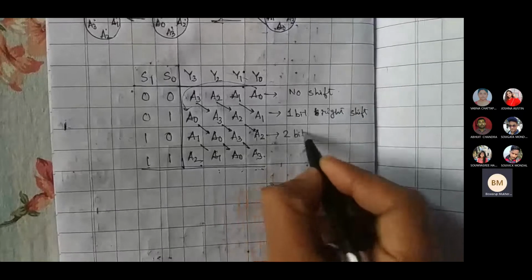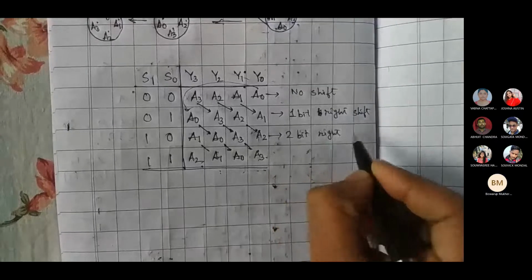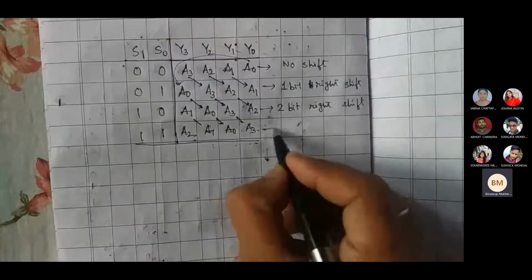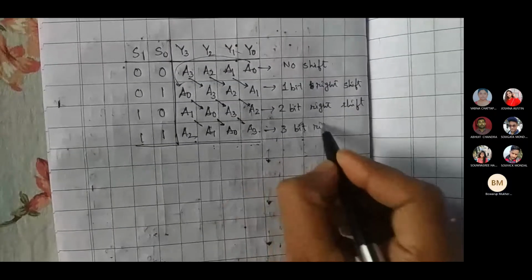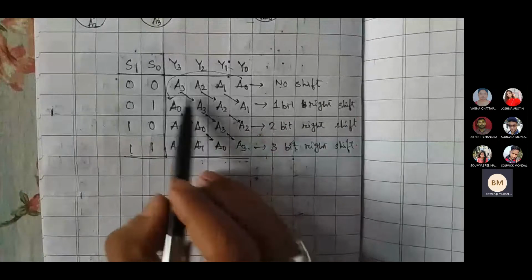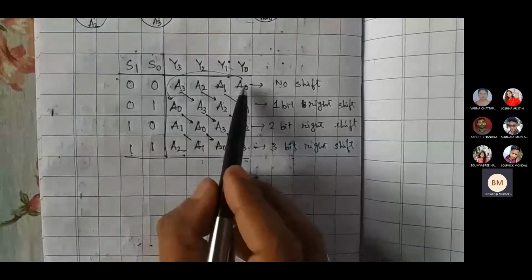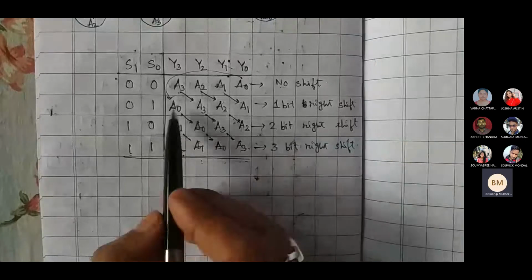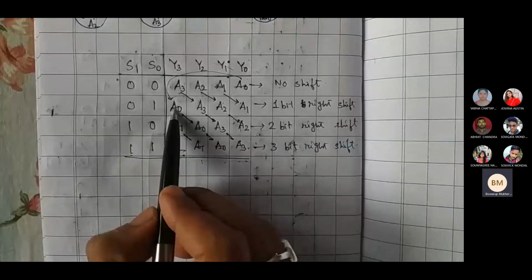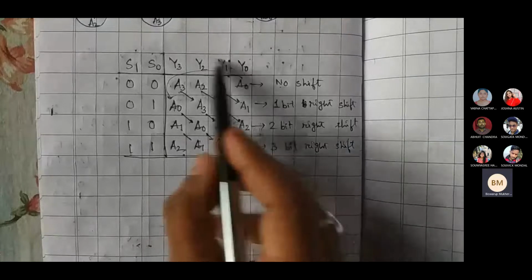This is 2 bit right shift. This is 3 bit right shift. Why barrel? Because the last bit is not discarded. অনেক সময় এরকম শিফটিং ও হয়, A3, A2, A1 এলো, but A0 is discarded, বেরিয়ে গেল, আমি তার বদলে একটা নতুন বিট এখানে আনলাম, ঠিক আছে? But here it is rotating, A0 টা আবার এখানে ব্যাক করে আসছে, so that is why it is rotating. That's why it is called barrel shifting. Make sure about this one, এই জন্য এটাকে barrel shifting বলে.